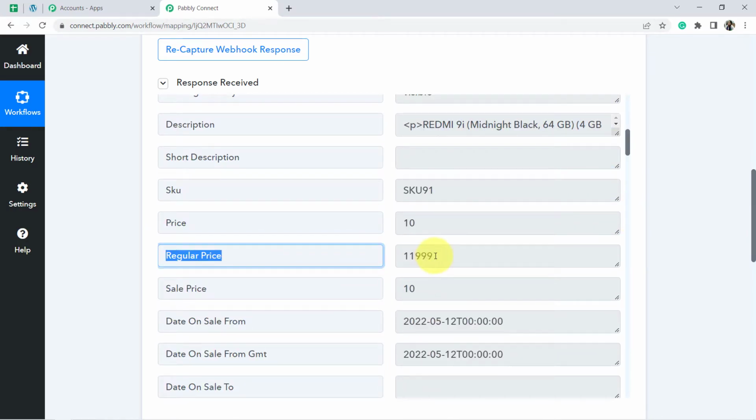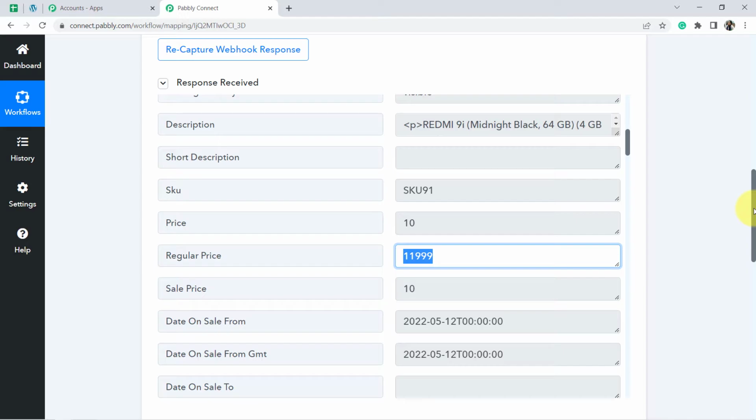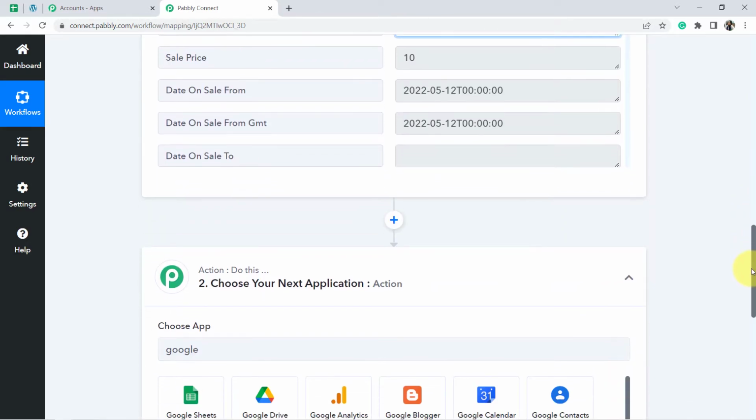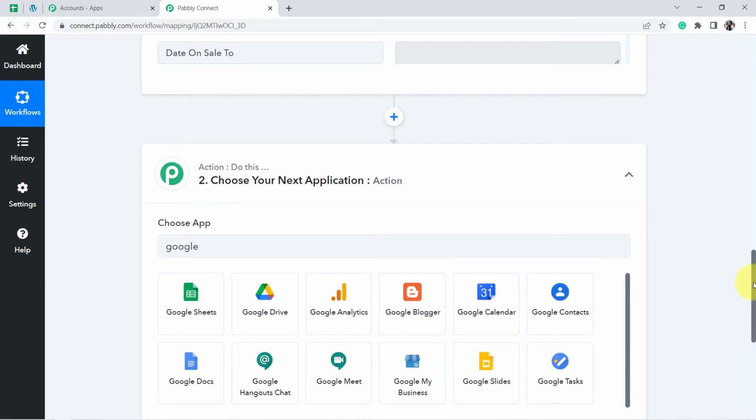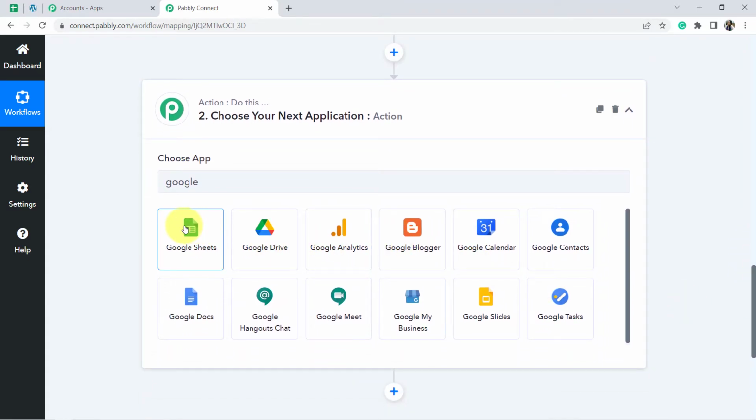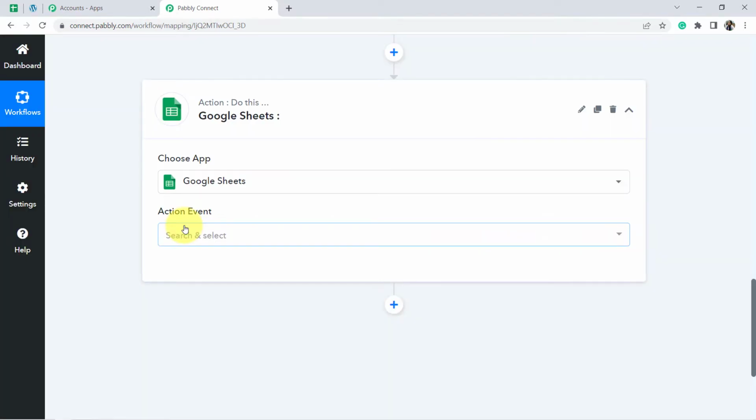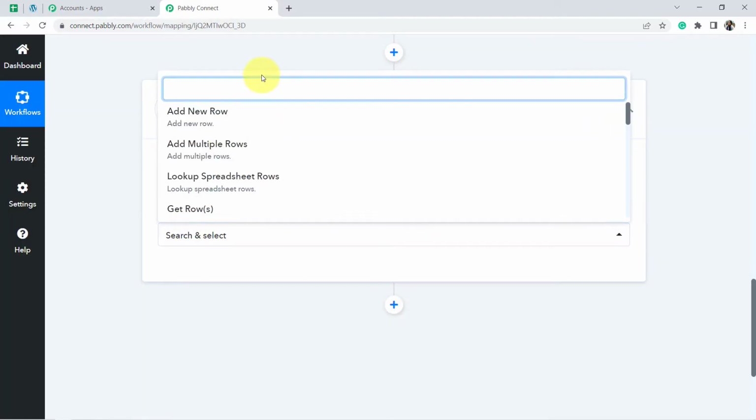And here you can see the price of the product. So I have connected my WooCommerce store with Pabbly Connect. That means our first step of the integration is actually done. Now, moving further and selecting Google Sheet in the action application, and in the action event I am going to click